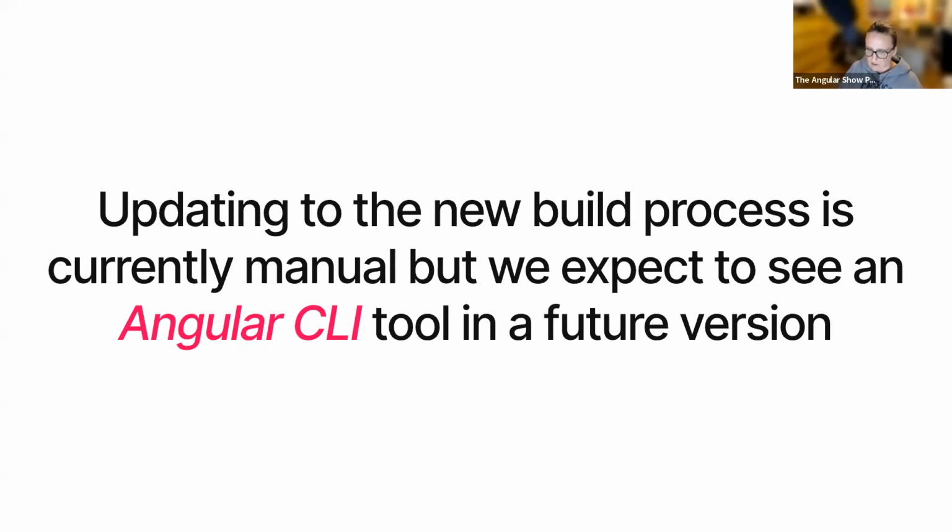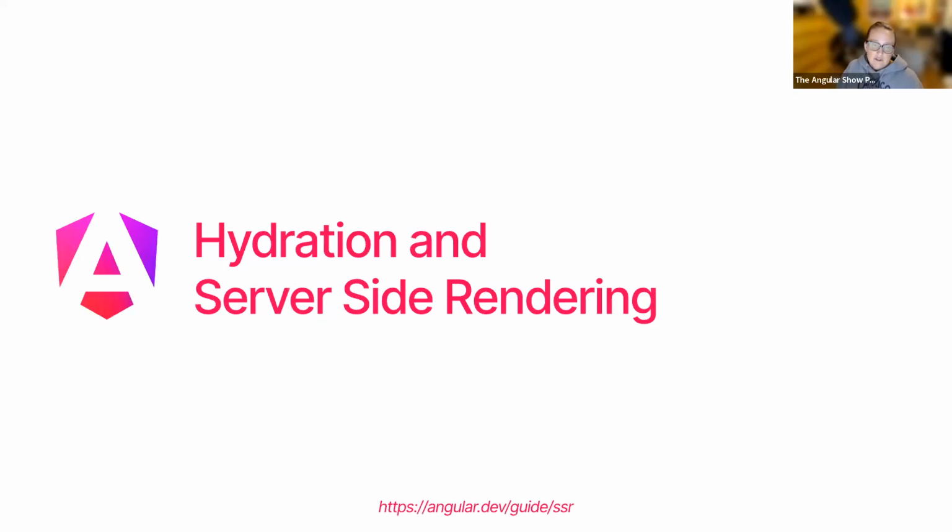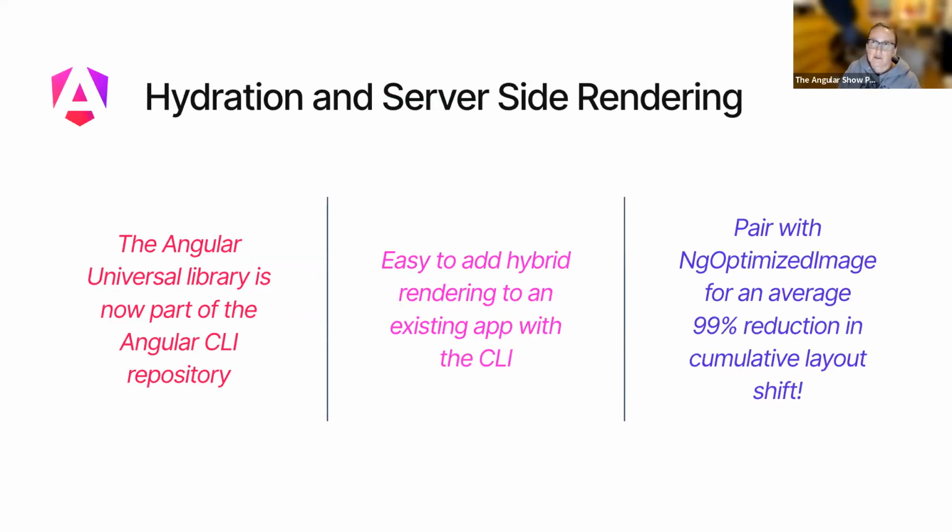So the Angular CLI tool is fairly robust, and they do try to get migration and updates into the CLI as fast as they can. The next thing we get in version 17 is hydration and server-side rendering. So currently, Angular is a single-page application. In a non-server-side rendered application, the server will send the HTML and the JavaScript to the browser, and then the browser does all of the rendering, which is still what happens in server-side rendering, but server-side rendering will sort of create an initial rendering of the application, so it speeds up the initial load of your page.